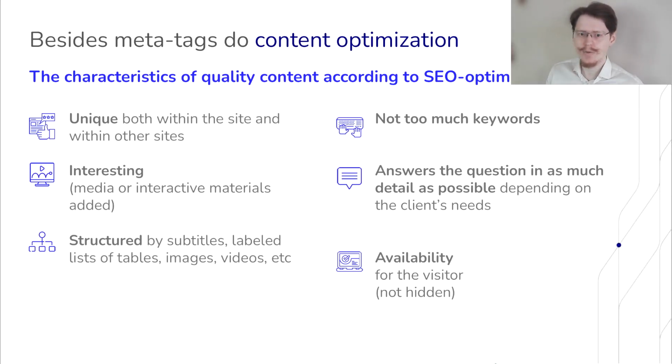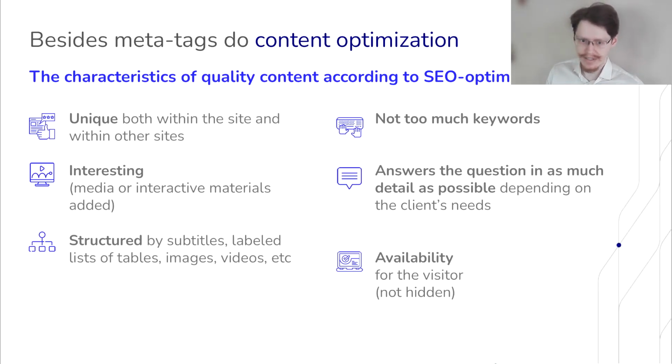Do not overextend with the keywords. If there are too many of them in the content of your web page, it will appear unnatural for Google. We know some cases when Google used sanctions against those pages and they lost all their ranking. So not too many keywords. The page should answer the question of a potential user as detailed as possible. So look up who your client is and what he usually wants when he enters your page.